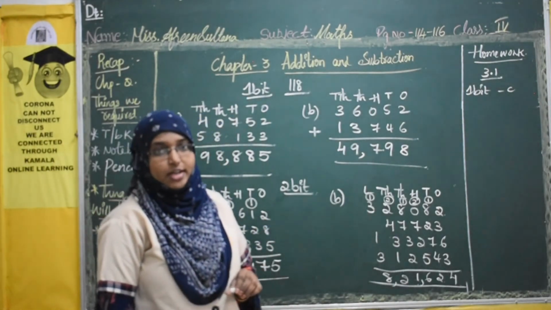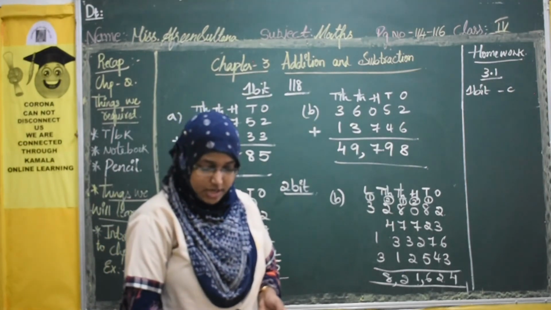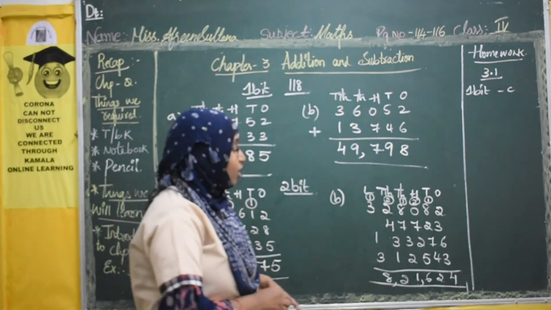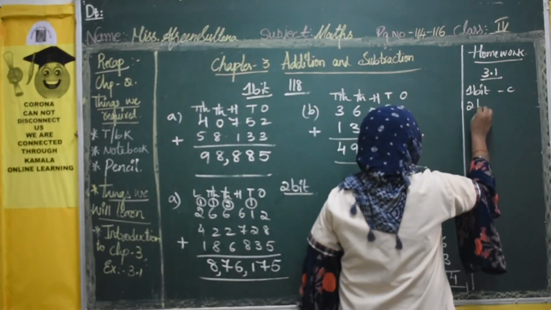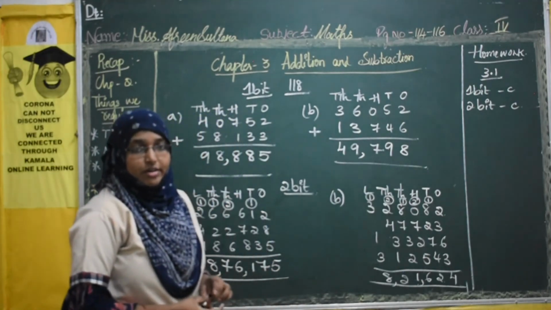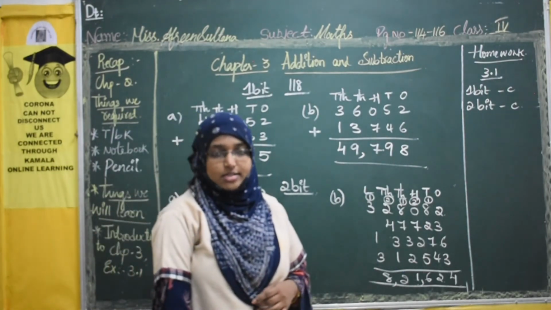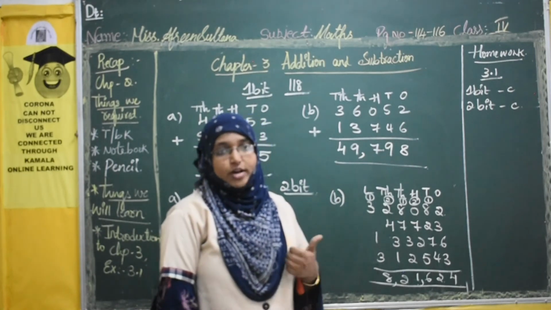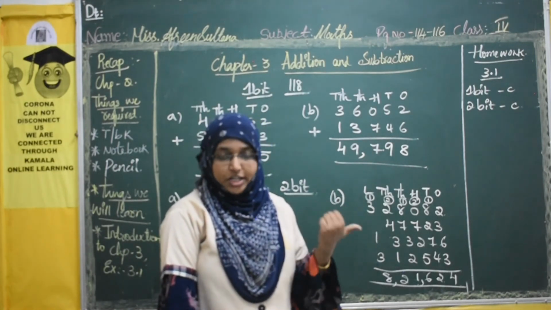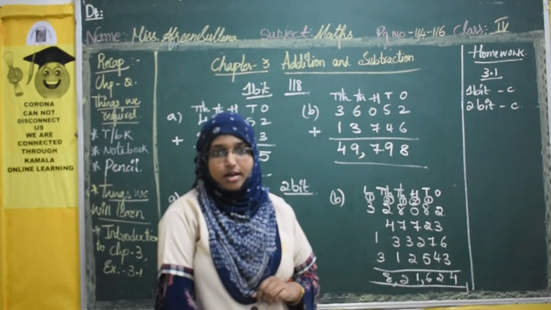So with this we have done exercise 3.1 first and second bit. Even that C1 you are going to write in your term book. Simply where it's already given, you will see the values column wise, you will add up and you will write the answer. Hope it is very clear what is our addition, subtraction, what are addends, what are sum, and how to add the large numbers.